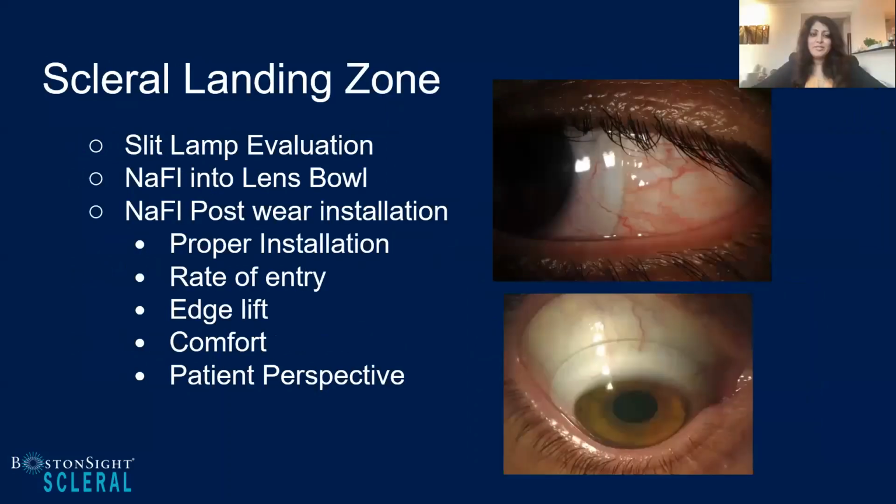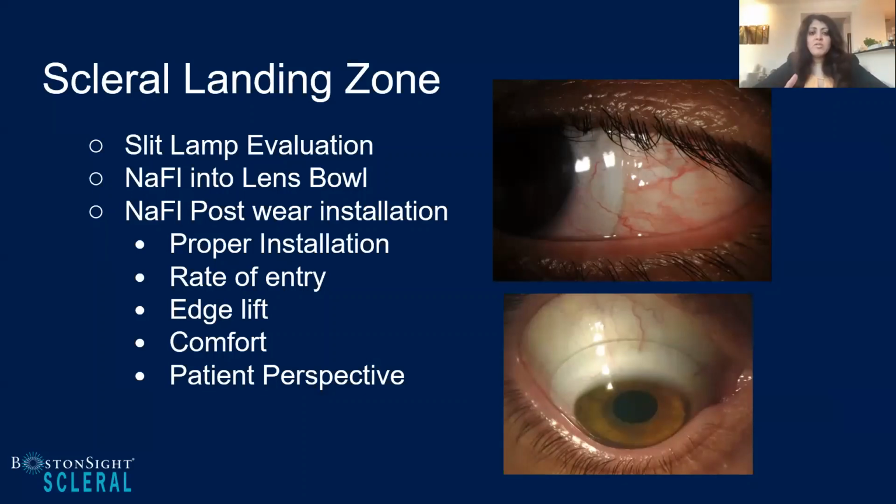Absolutely. So the scleral landing zone, this is the outermost edge of the lens. For me, this is the most important zone of the whole thing. This is what really determines how this lens is going to fit. This determines the comfort of the lens. You can evaluate this initially with the sodium fluorescein in the bowl of the lens, or you can evaluate it after the lens is settled by putting fluorescein on top of the lens. There are many different ways to do this. Some people paint fluorescein onto the surface of the lens. Some will put it at the superior conj and let it drain in.